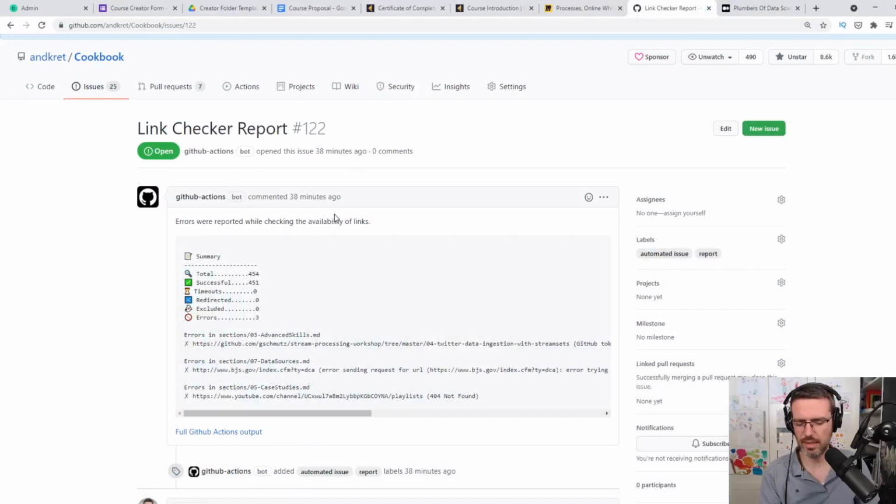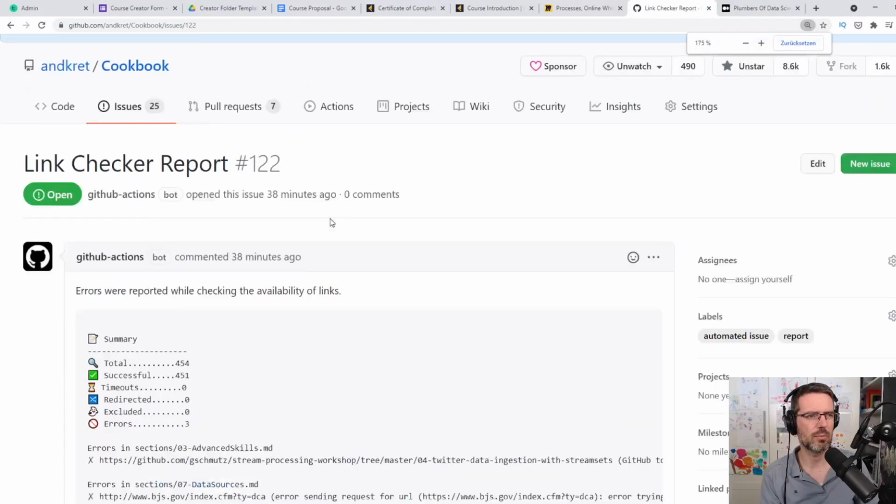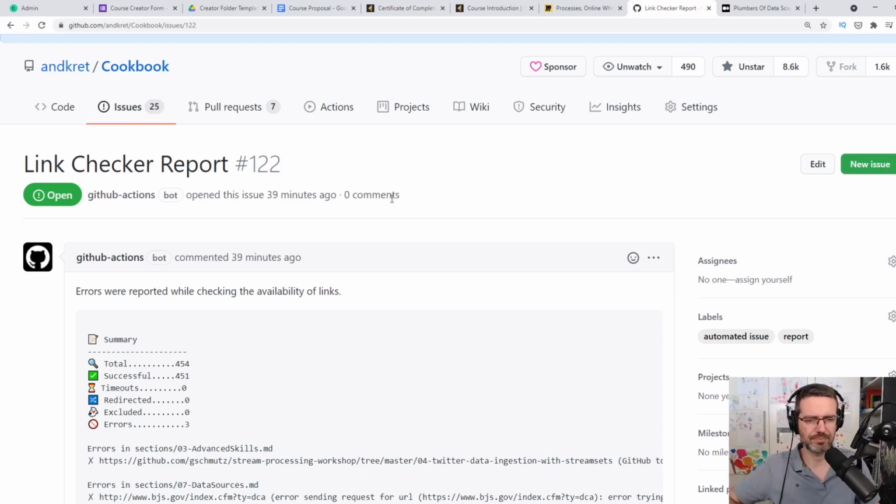The other thing is that's not directly connected to the Academy, but we're working on that as well. We're working on the actual cookbook. I have someone who helps me right now a bit with community management and with the cookbook. And what he created for the cookbook is a link checker. So within GitHub, you can run actions that automate stuff. And within these actions,